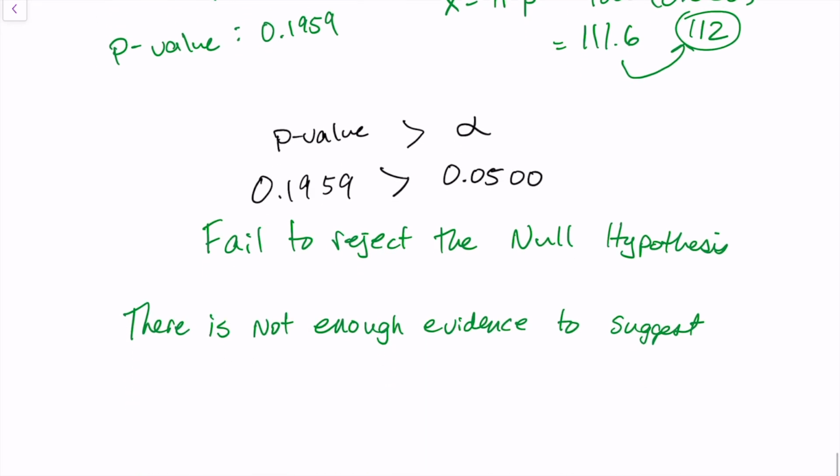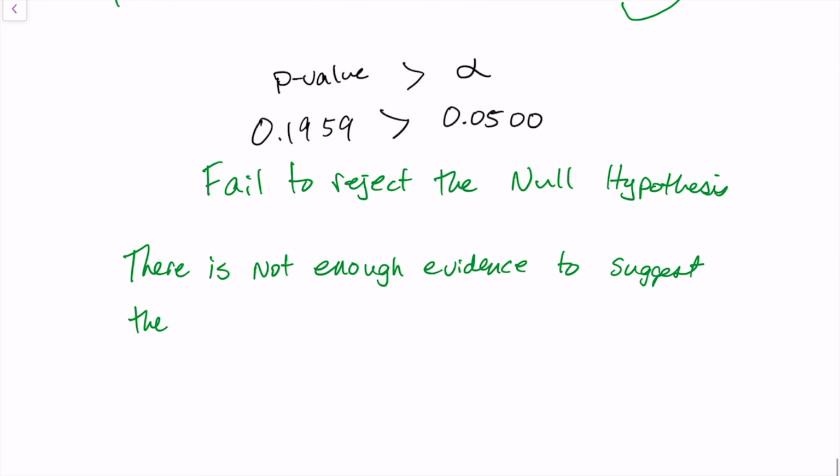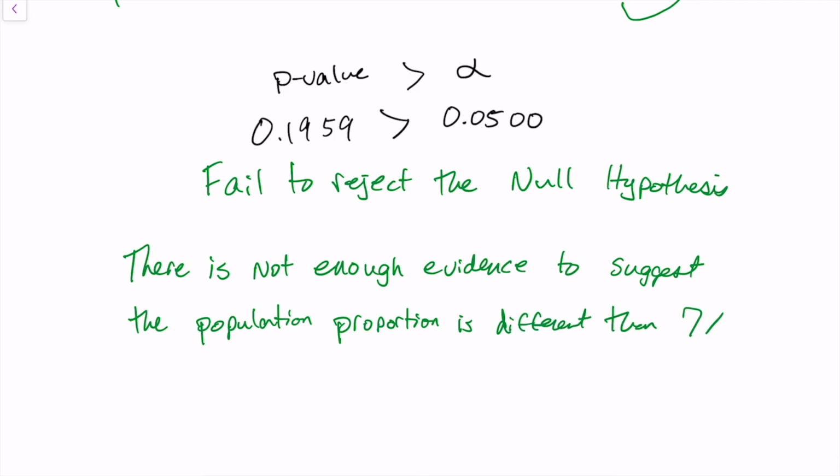So there is not enough evidence to suggest the population proportion is different than 7%. Okay, so there's not enough evidence to say that the proportion of minority-owned businesses in Michigan